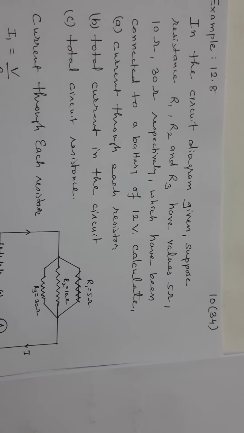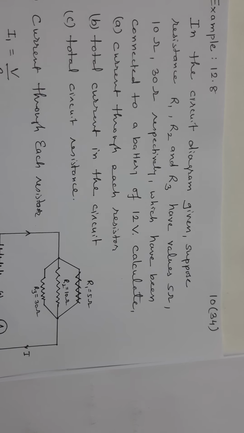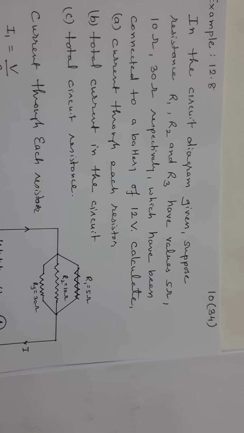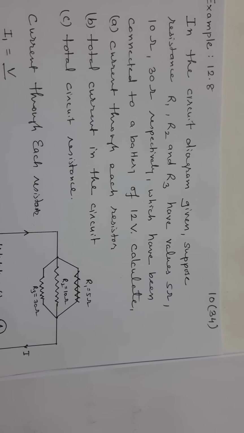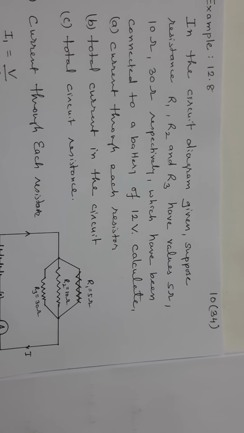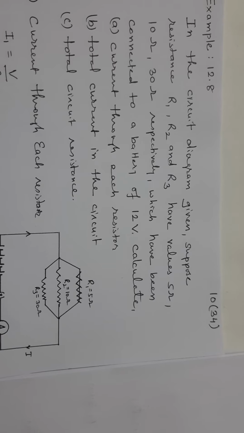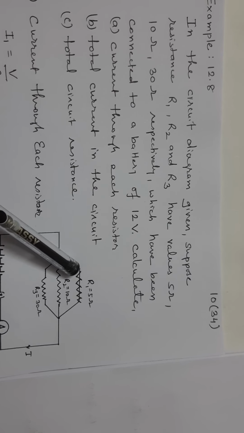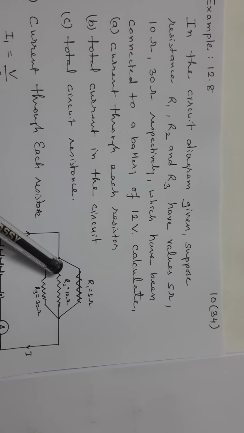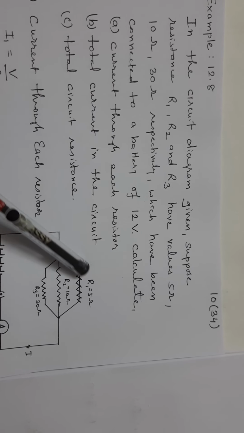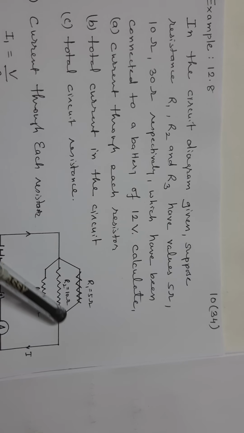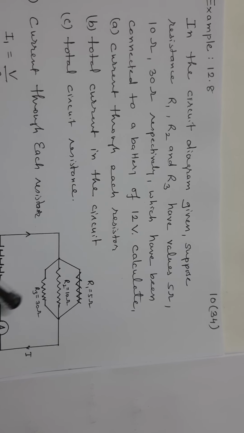So we have here I1 we will be able to calculate. We have seen earlier how total resistance is found when resistors are connected in parallel. We know that here we had connected one ammeter, here we had connected another ammeter, here it was connected third ammeter. So we can actually find out current going through R1, current through R2 and current through R3. So that is what we are going to find out.